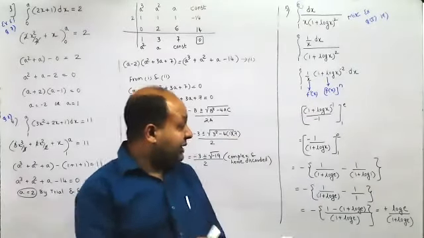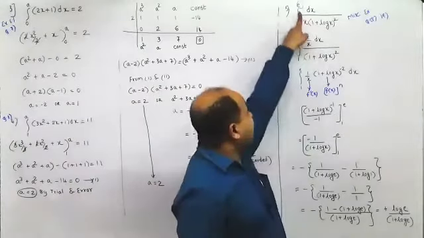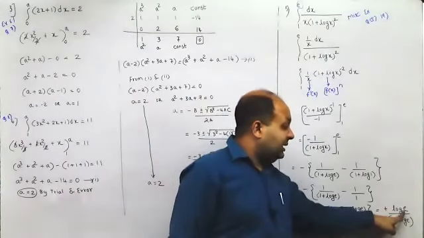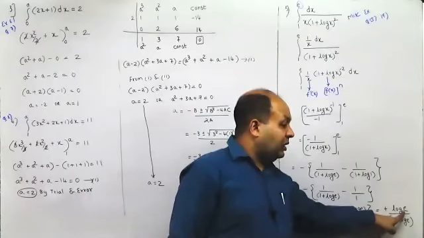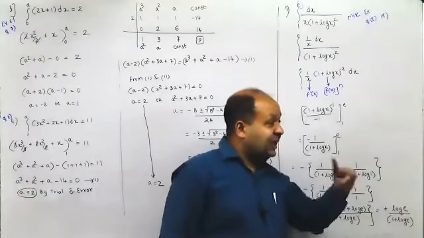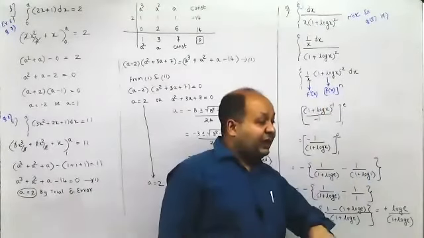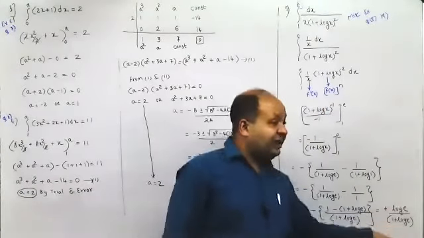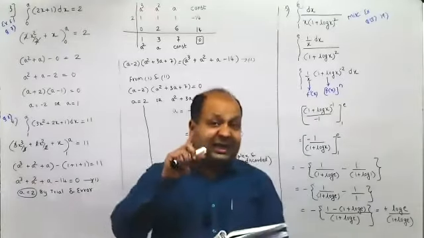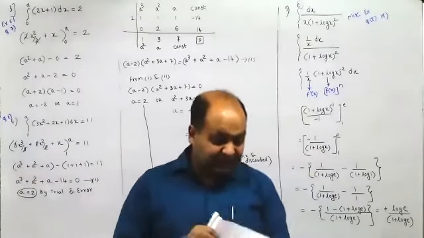Okay, remember for calculation, if numbers are involved, you don't treat this as e. If numbers are involved, you don't treat this as e. But if it is derivative or integration without definite integration being involved, then we treat it as e. So log e to the base e is 1, but here you don't treat it as e.